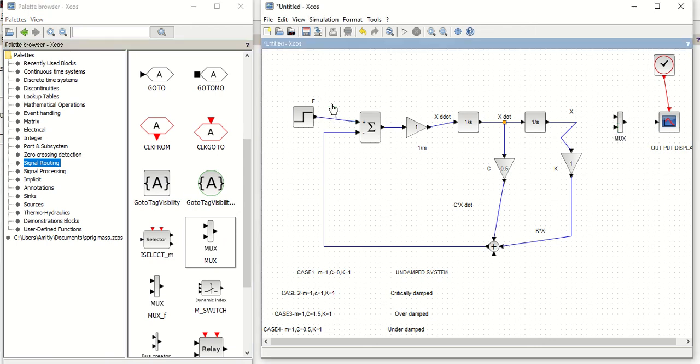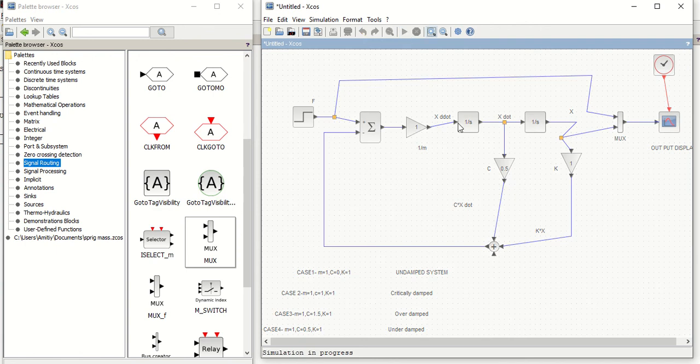Now if I connect my input to one port of MUX and output to another port of MUX, and the output terminal of MUX to my display, in that case I am going to see both in one graph.